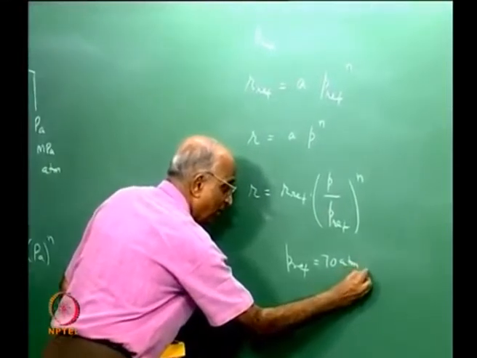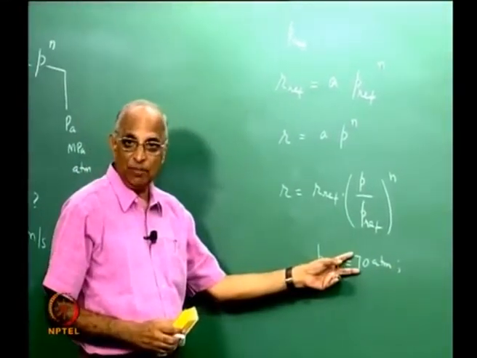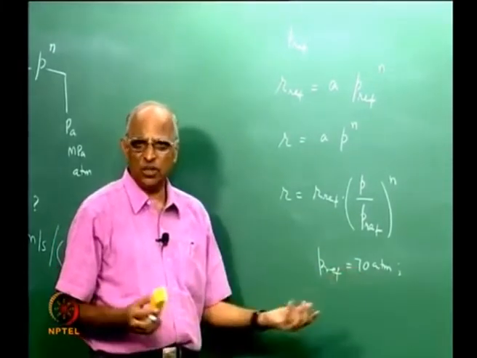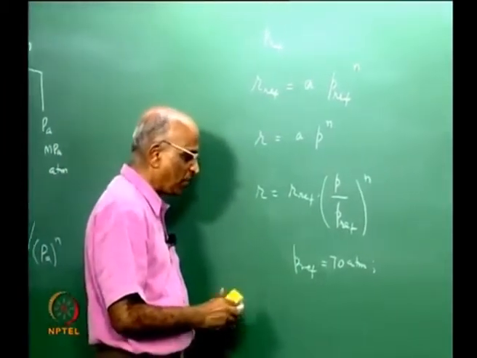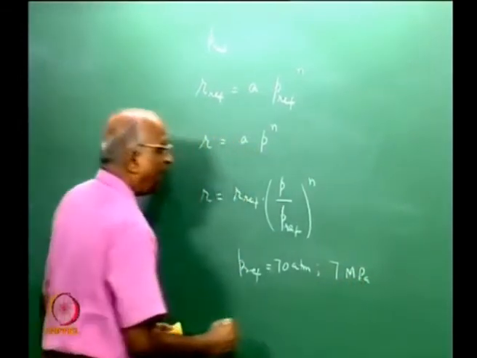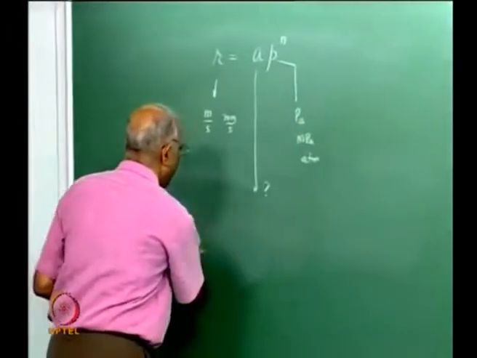You remember when we did the nozzle, we said that under sea level condition, when you evaluate the specific impulse, or under vacuum, we took the chamber pressure as 70 atmospheres, because that is the normal pressure at which a good performing solid rocket works. This is equal to 7 MPa, and therefore the burn rate law can now be written as